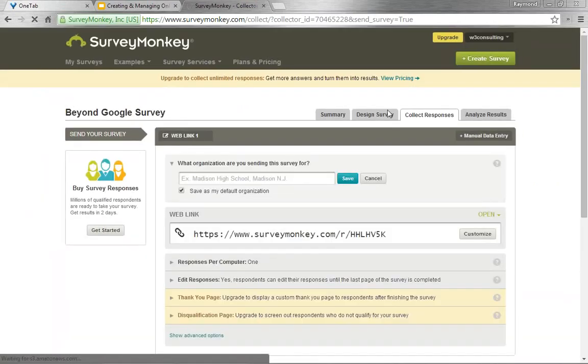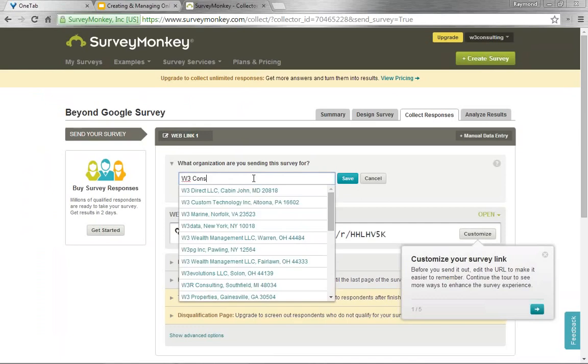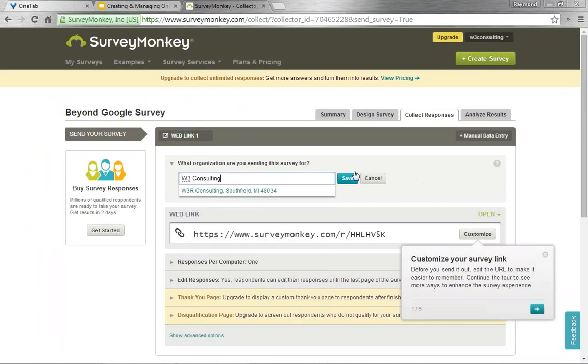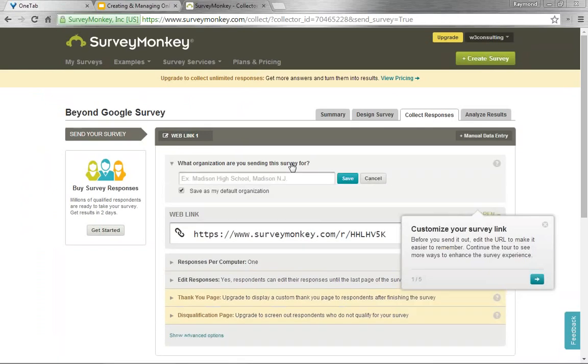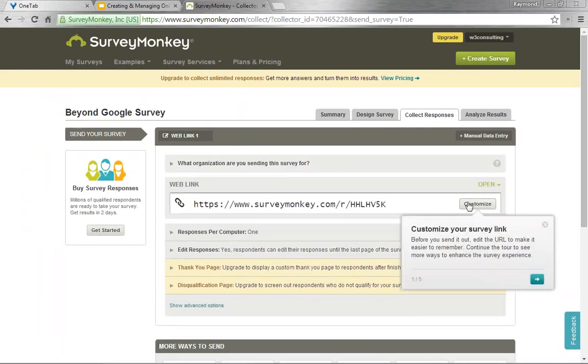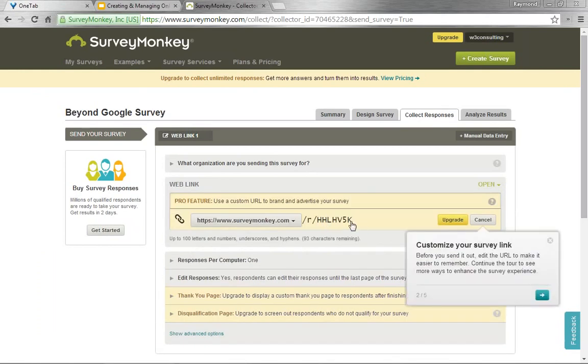and now you can see here that we are in the Collect Responses tab, which means that I'm capable of doing a couple of things. I can name the organization that I'm sending this from. I'll say W Consulting and save, and so now the name of the organization is saved here. And I can also customize the survey link, right? So again, going back to a little bit of marketing, right? This is just